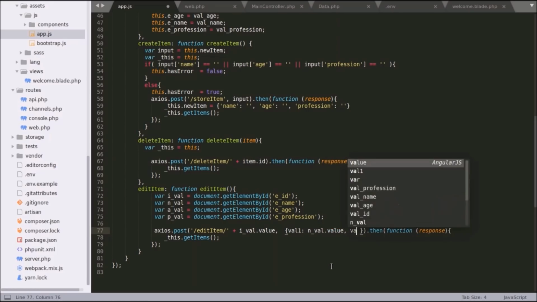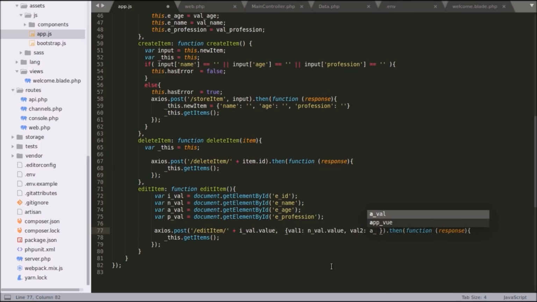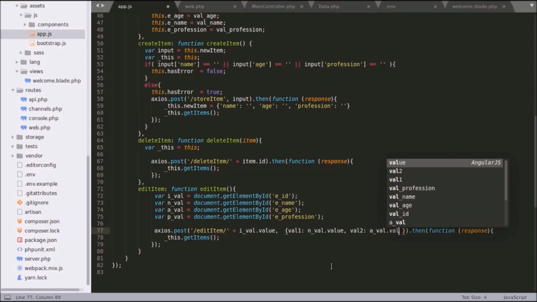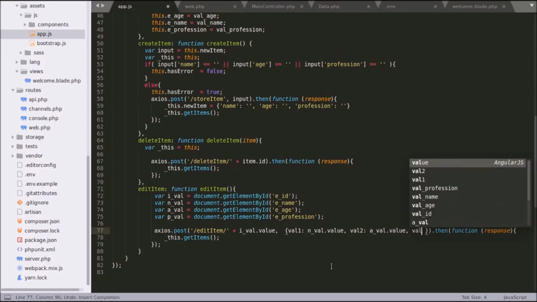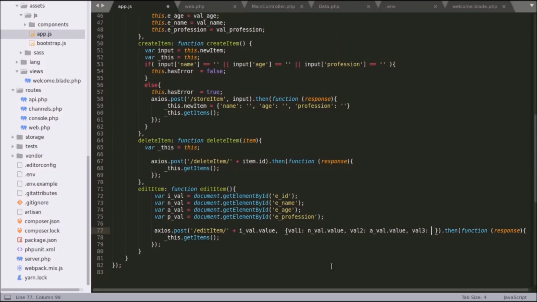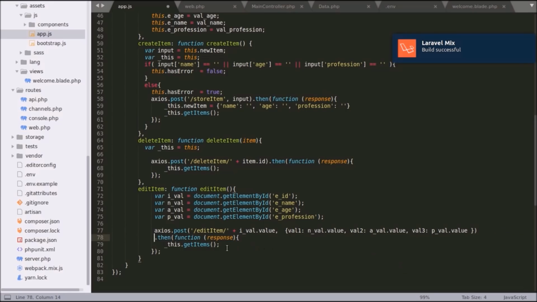The second would be age, which I'll call a_val.value, and the third parameter would be profession, which I'll call p_val.value. All three parameters should be passed, and then I'll call the getItems function,